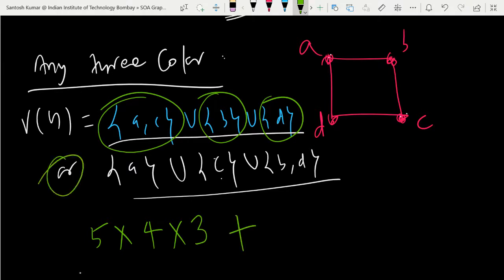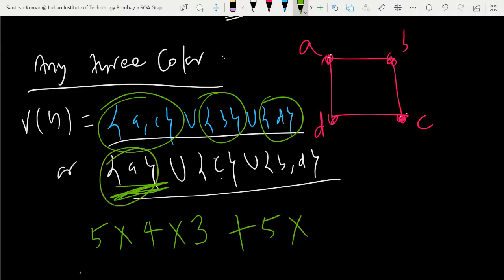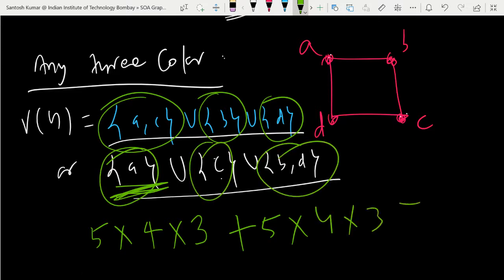Or means plus. You know the addition rule of counting: in case of and you multiply, in case of or you add. So again for this A you have 5 choices, and either this situation will happen or this will happen. For the first one you have 5 choices, for the second 4 choices, for the third 3 choices. You can say you have 2 different partitions, so in 2 ways, you multiply 5 4 3 by 2. So total you will get 120.